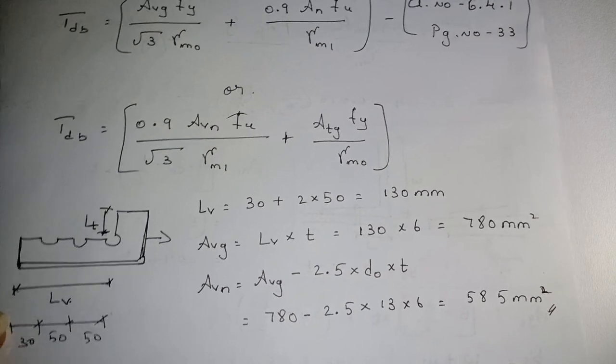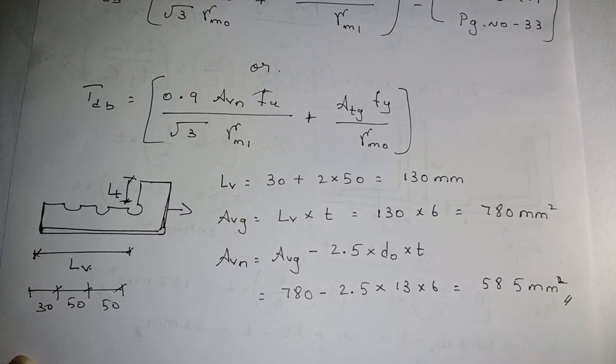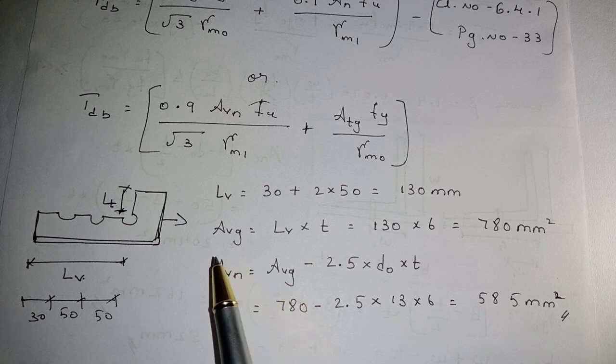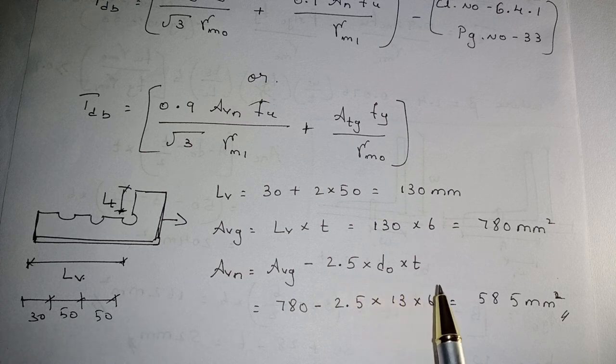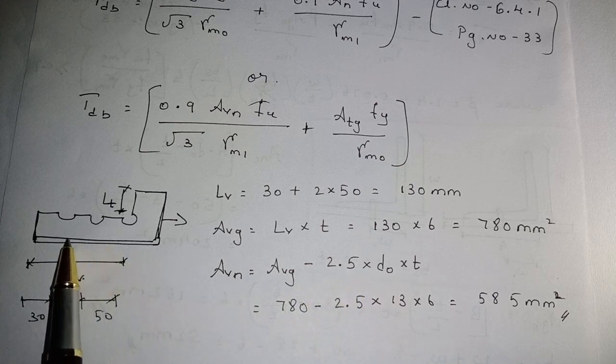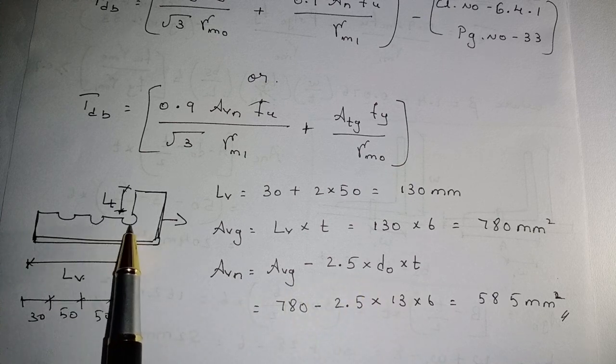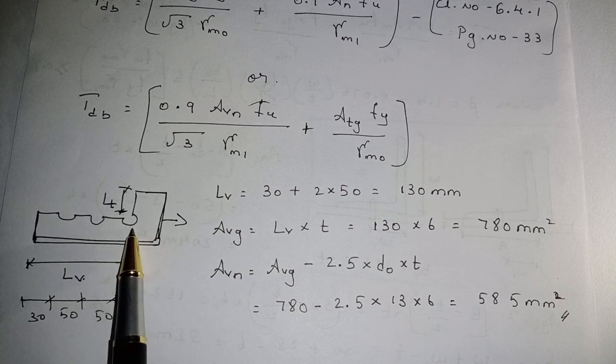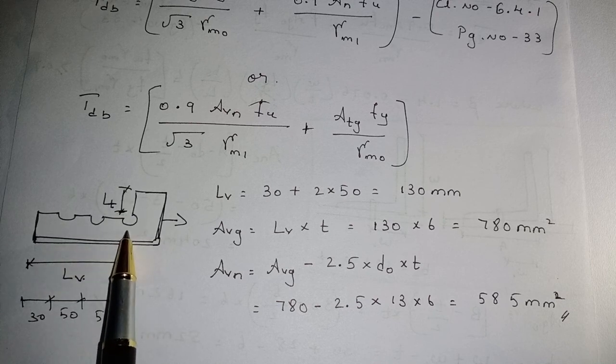What is AVG? Now in AVG we need to subtract the bolt holes, right? So now that will give you net area. I told you net means you need to subtract the bolt holes. Okay, so now in total AVG I will minus 2.5 into D naught into T. Okay, so now what is 2.5? So in this section you can see we have 3 number of bolts. So here you need to take 1, 2, half. Okay, 1, 2 and half here.